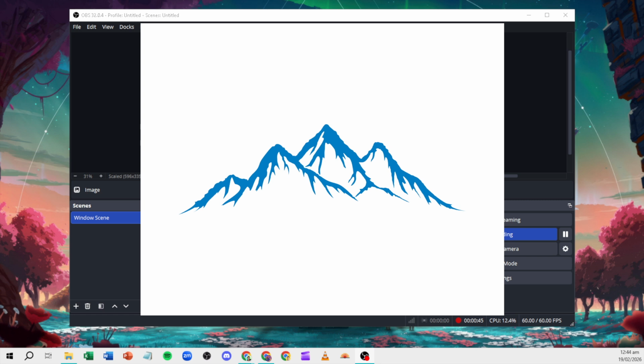Back in the sources dock, click the plus icon again and select Image Slideshow, name it, and click OK. In Properties, add your images by clicking Add Files for individual images, or Add Directory to pull in the whole folder at once. Under Behavior, decide whether the slideshow should loop continuously, pause when not visible, or restart when it